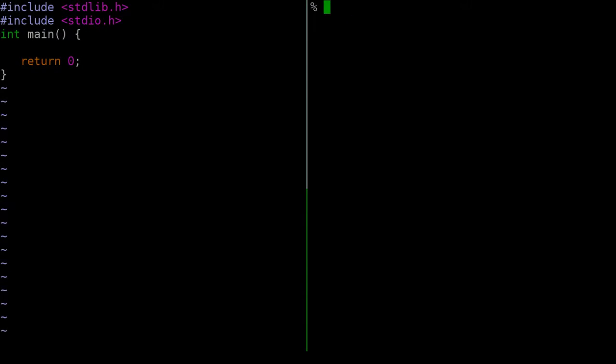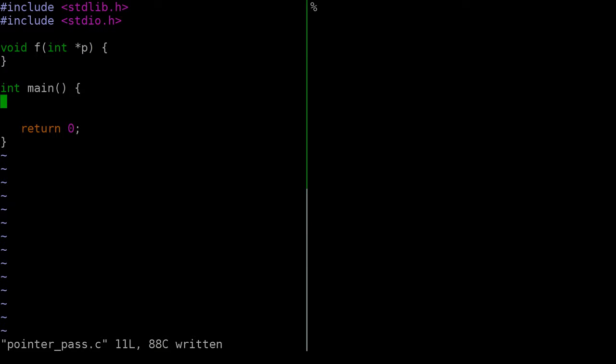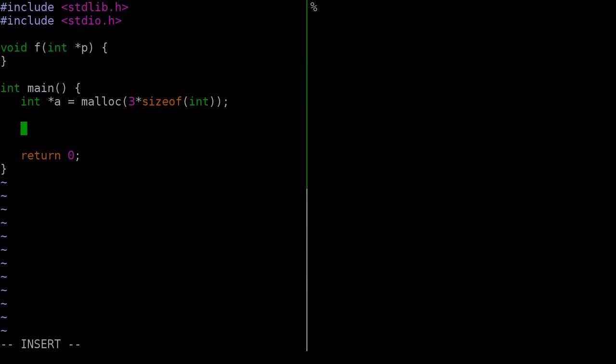So we've got a new program here called pointer pass. What we're going to do is have our function, and to begin with let's just call it f, and it's a void, returns nothing, and it's going to take this pointer p, an integer pointer. Now if we declare a variable a, and it's going to be 3 times size of an int, so there's our integer pointer. I'm just going to call f with the parameter a,